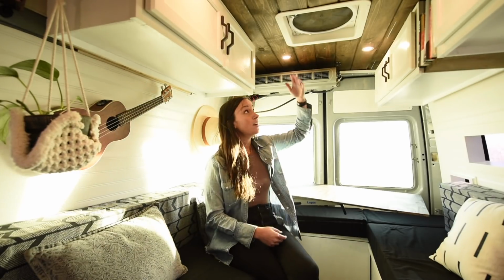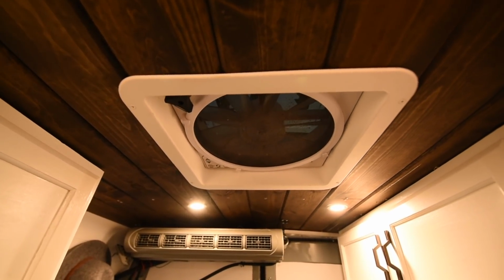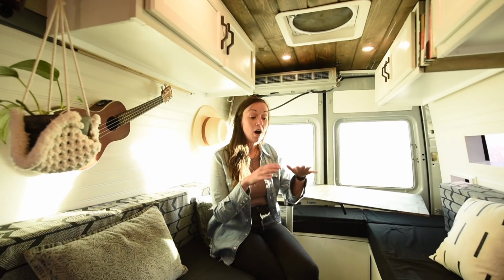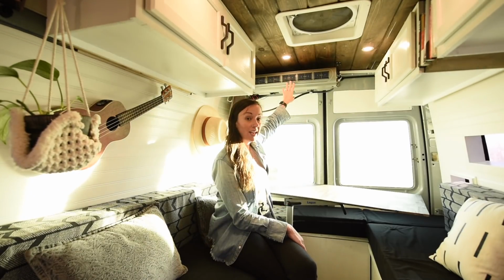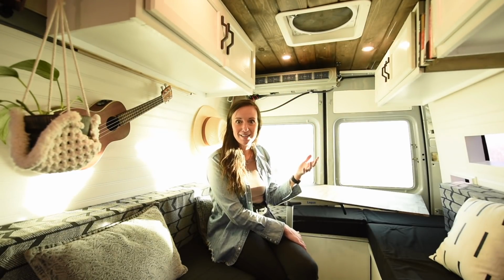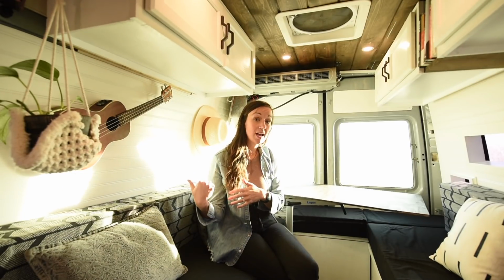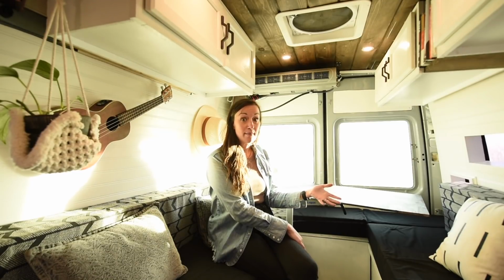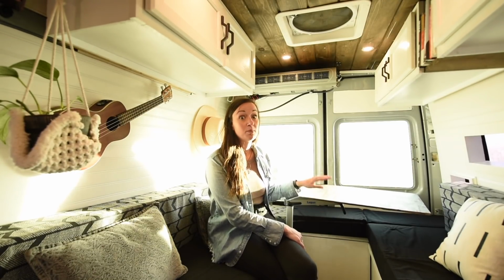And then to highlight, we do have a Maxxair fan here, which blows in and out for ventilation as well as for cooling off the van. Also for cooling off the van, especially because we do travel with our dog, we installed this AC evaporator here, which is an air conditioning unit that is actually an under dash AC unit that's typically used kind of in classic cars. My dad's a mechanic, and so he was able to help us install it and connect it actually to the AC lines in the van. It's run off of our batteries actually, which is wonderful. So it can just be a fan to cool off this space,